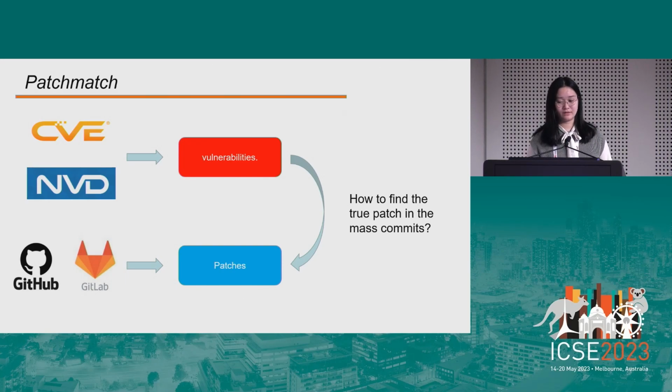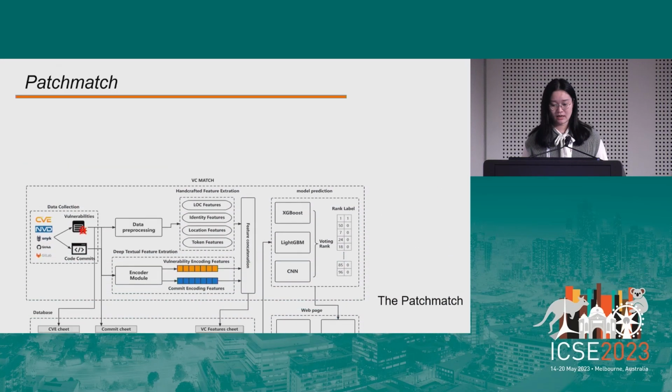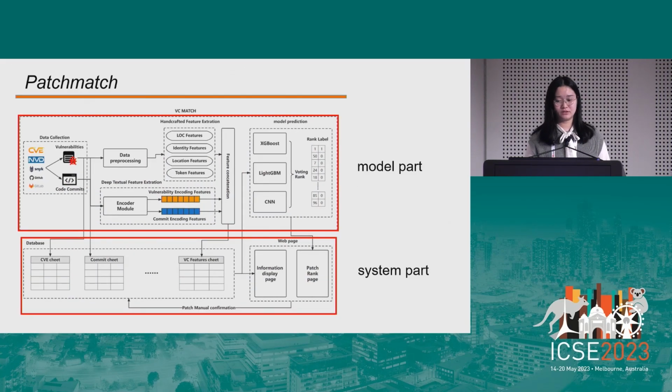So we propose PatchMatch, a tool to help developers quickly locate patches. PatchMatch consists of two main components. The first component is the VCMatch model, especially designed to enable patch and vulnerability matching. It forms the backbone of our system, ensuring accurate and efficient pairing. The second component is front-end assistance to enhance the usability of VCMatch,